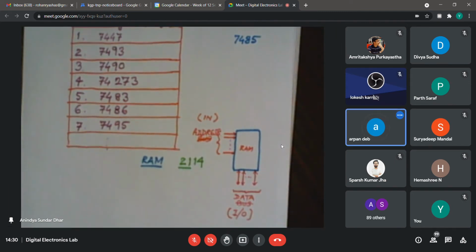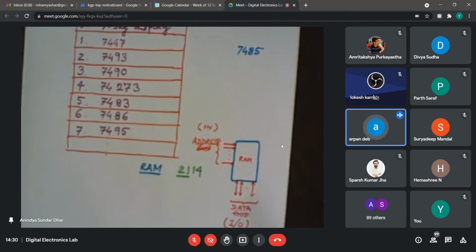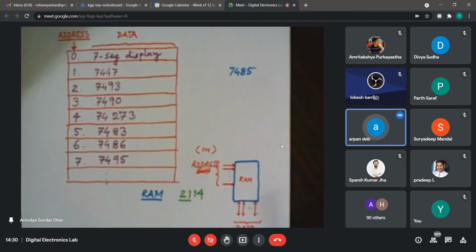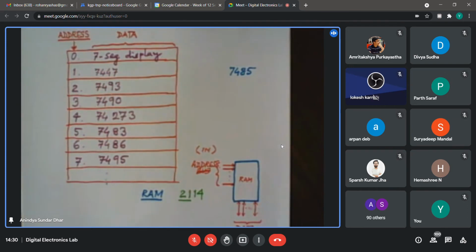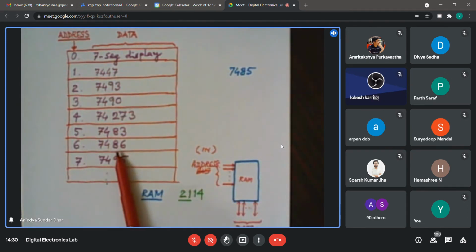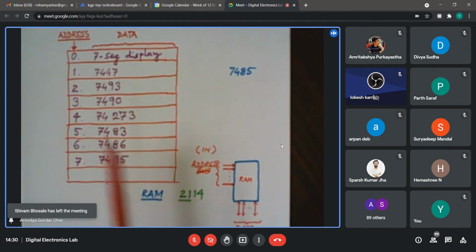Sir, since the addresses are input, can you set specific values of the addresses? Why is it input, shouldn't the addresses be fixed? It is something like this. Suppose I have already written this, and I would like to check whatever is written in line number 4.